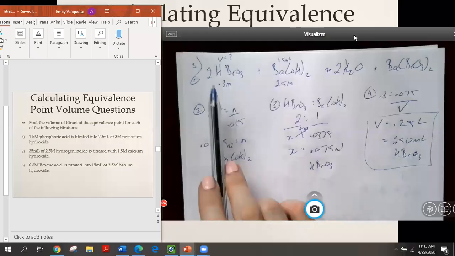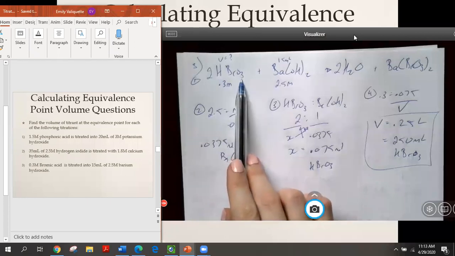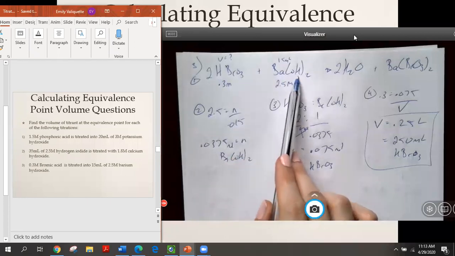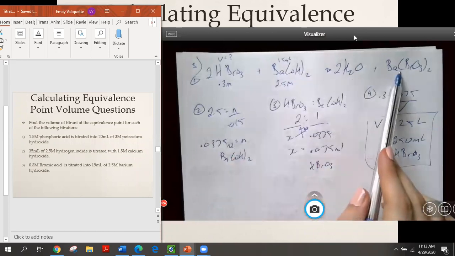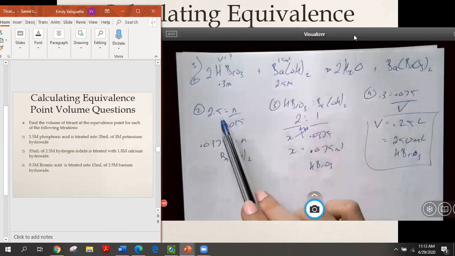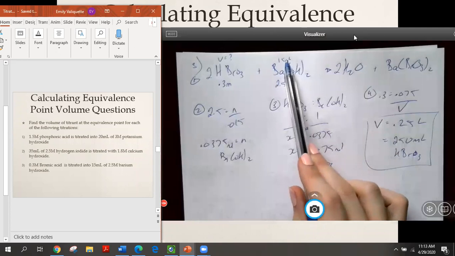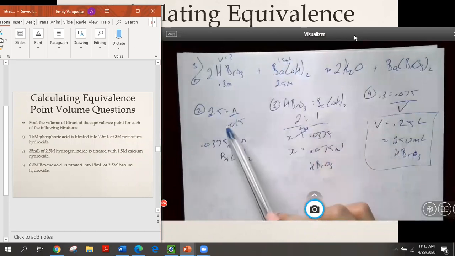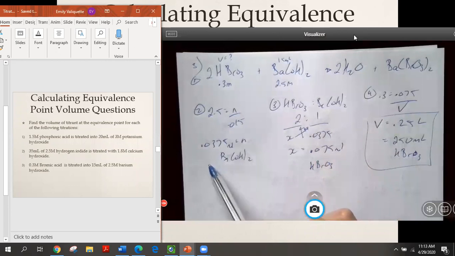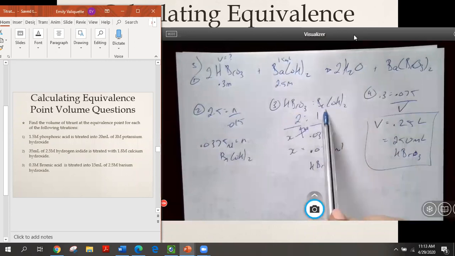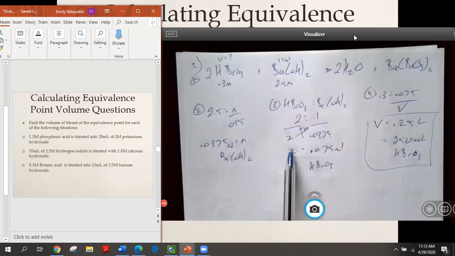Okay, and then for the last one, we have bromic acid, which is HBrO3, reacting with barium hydroxide to make water and barium bromate. We'll start with C equals N over V, in this case for our base, since that's what we have volume and concentration of. We multiply and get 0.0375 moles of the barium hydroxide. Then we set up a mole ratio between our acid and our base. It is a 2:1 ratio. We'll plug in our X and our moles of barium hydroxide, cross multiply and get 0.075 moles of the bromic